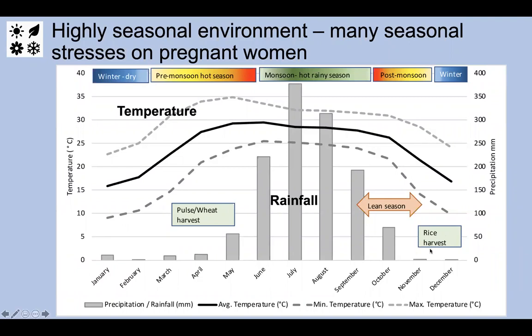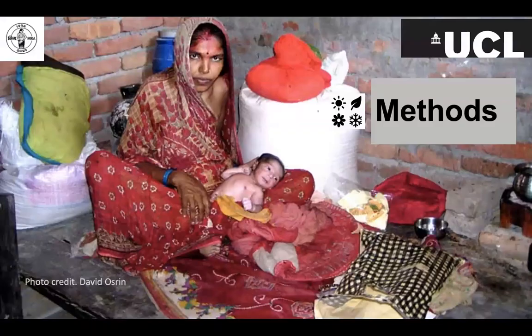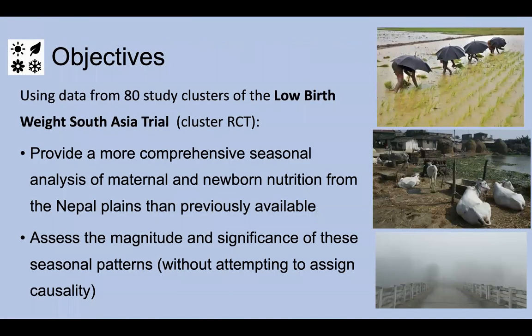when workloads are particularly heavy. There's also heavy workload for women during the rice planting season in July and August, and also during the pulse harvest or wheat harvest in April and May. And then we have a cold stress upon women during the winter when fogs can block out the sun for days on end. So the objectives of our study were to provide a more comprehensive seasonal analysis of maternal and